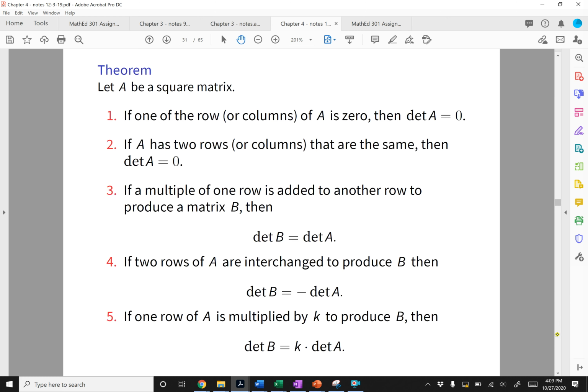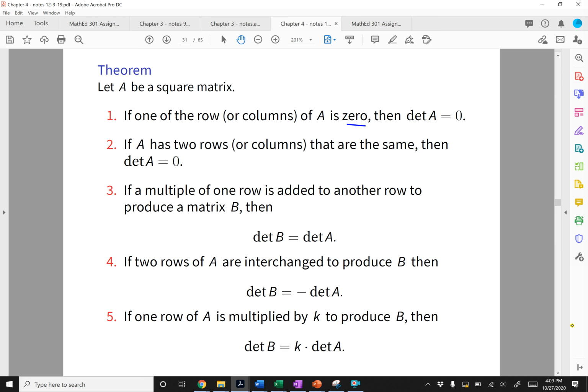So we can jump back again. So these are some things we touched on in both classes, but quickly, if one of the rows or columns is 0, then the determinant of A is 0. If A has 2 rows or columns that are the same, then the determinant of A is 0. And this you can extend, so if one row or column is a linear combination of another one, or a scalar multiple of another one, then the determinant of A is 0. And if one row or column is a linear combination of the other ones, then the determinant